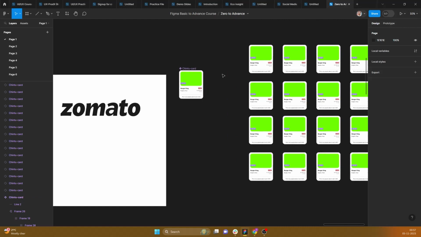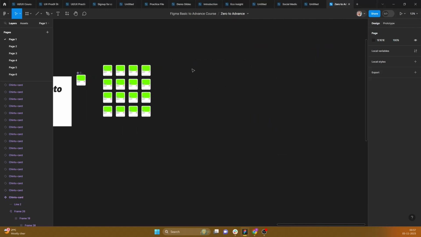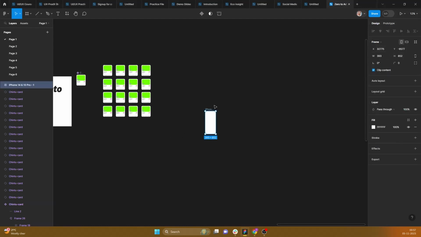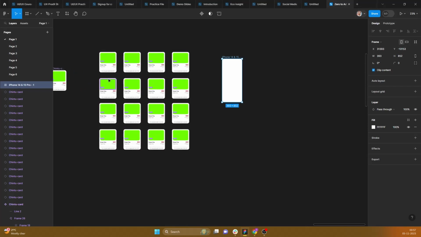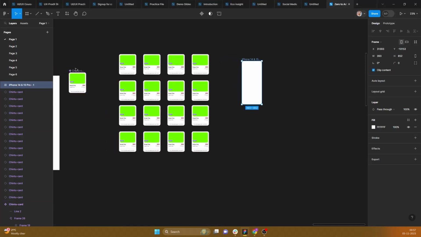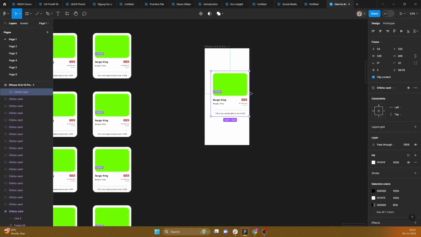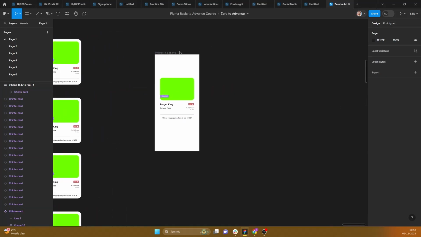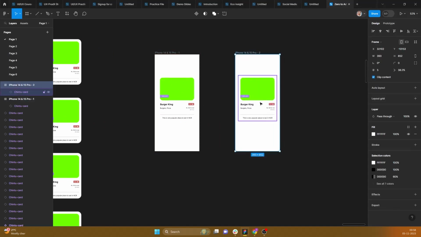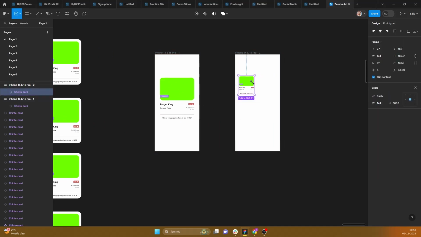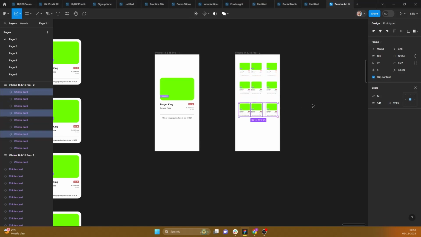Now, if you want to create an interactive design, I'm going to showcase a very simple way of creating interactive design, which is called prototyping. For example, if the user clicks on this element, it should take them to this screen. Let me downsize it. First of all, I'm designing this. So what I want is, once the user clicks on this,